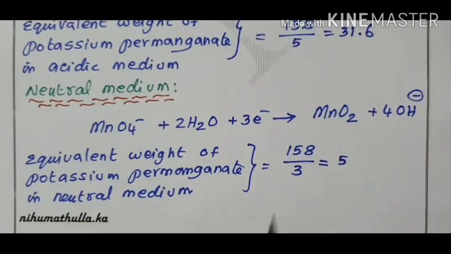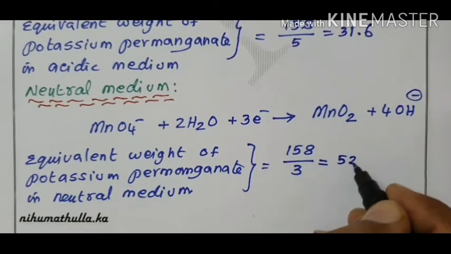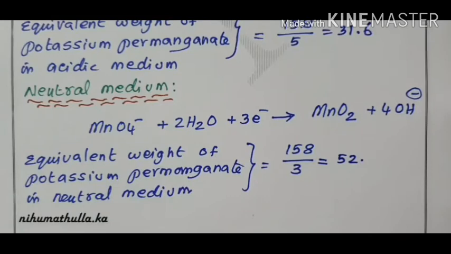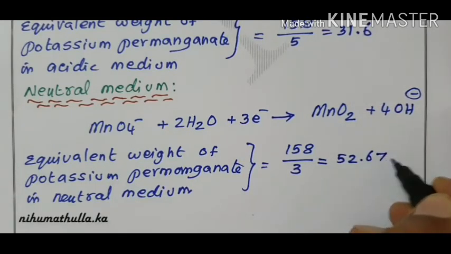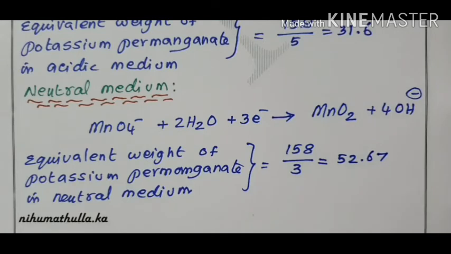Then in 8, we have 2 3s are 6, remaining 2, 20, 6 3s are 18, and it goes on. 52.67 is the equivalent mass of potassium permanganate in neutral medium. One more medium we have, that is